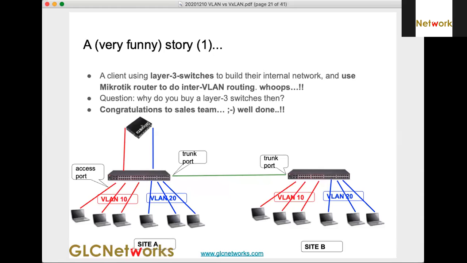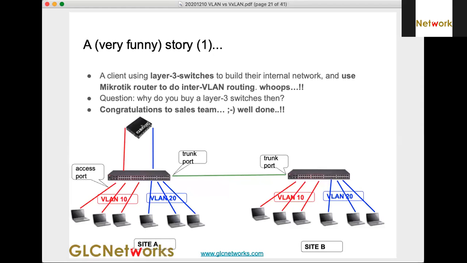It's just for partitioning the switches. But NAT, network address translation, is not VLAN's stuff. VLAN is layer 2, while NAT is layer 3. So they are two different things.